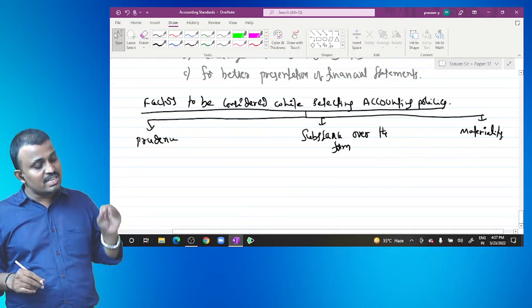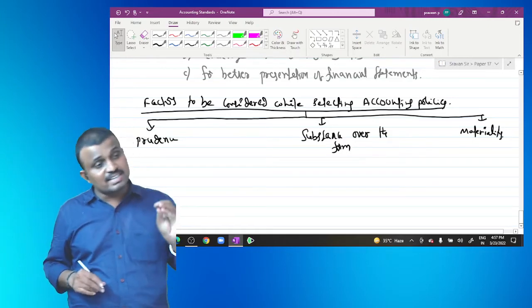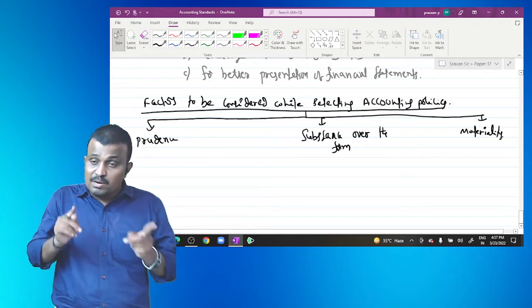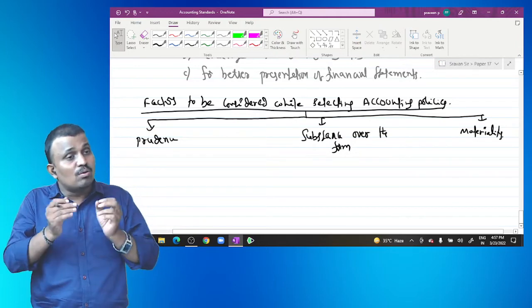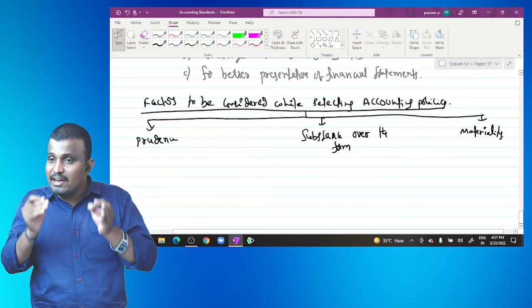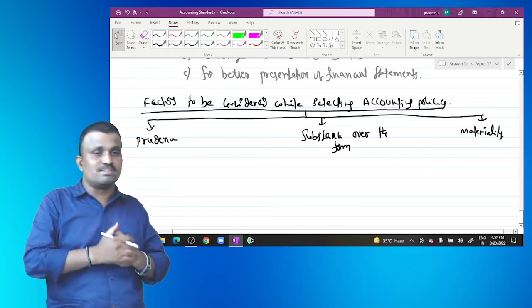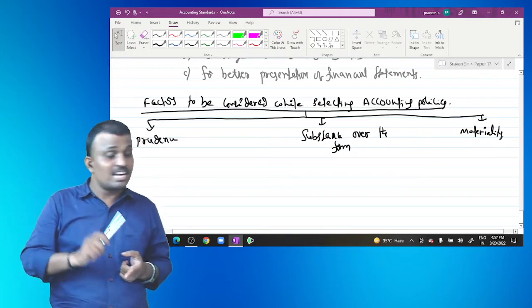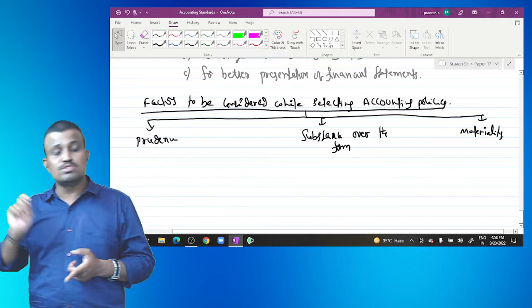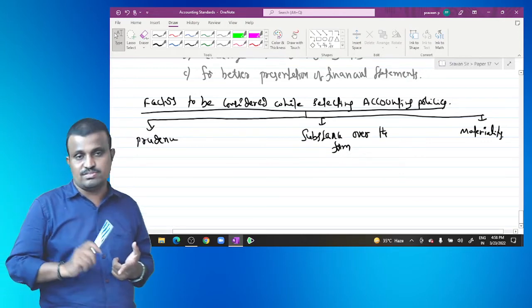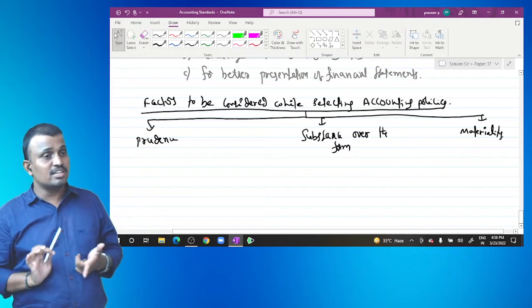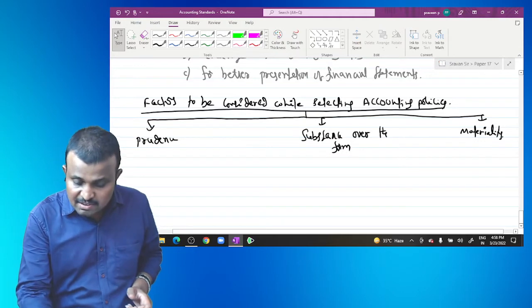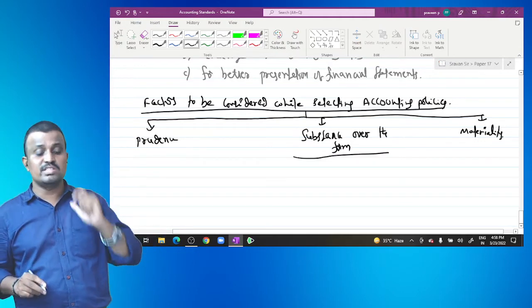So as per prudence, anticipate losses, but not profits. Profits can be anticipated only when we have proper evidence regarding the recovery of that amount. That is prudence. Current assets like inventory are valued at cost or NRV, whichever is less, as per prudence. And all provisions relating to losses are recognized as per prudence. Then, the second one is substance over the form.